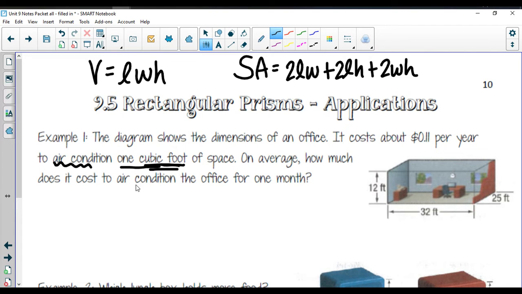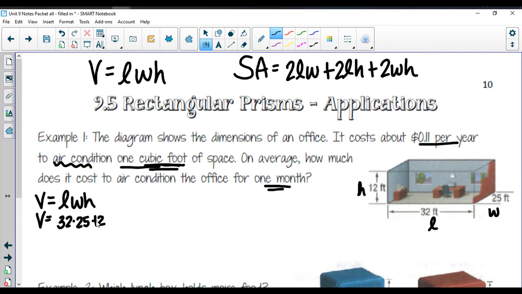So on average, how much does it cost to air condition the office for 1 month? We are given the cost per year, so we'll have to take into account that we're trying to figure out a month. What we want to start off doing, though, is figuring out the volume of the office. So length times width times height is going to be our formula. 32 is our length, 25 is our width, and 12 feet is going to be the height of the room here. So if we do 32 times 25 times 12, we're going to do